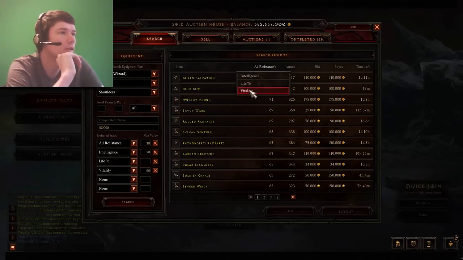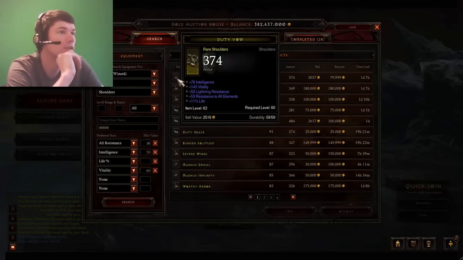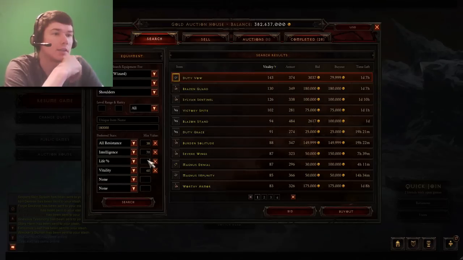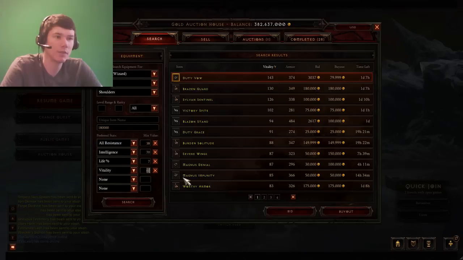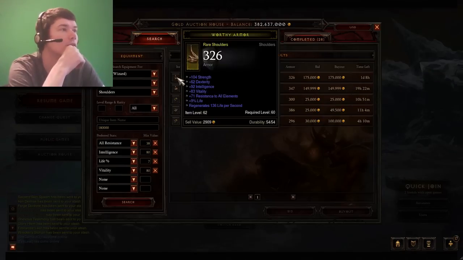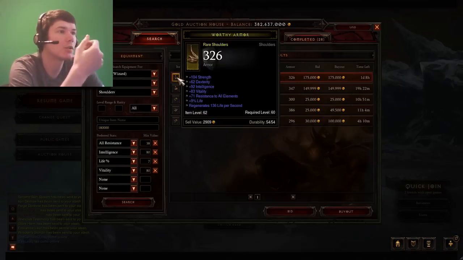And let's sort. We actually have a lot that came up. I didn't think we'd have this much. Looks like we'll be able to raise some of these. So we're going to say at least 7% life, at least 80 vitality, at least 80 intelligence. Is that too much? We do have some, even with 71 all-res. It's one of the more expensive ones, but